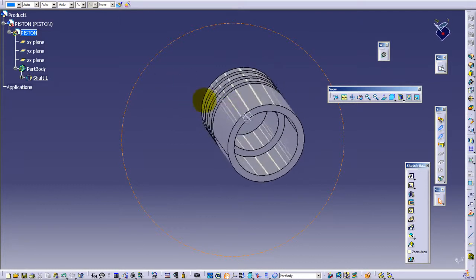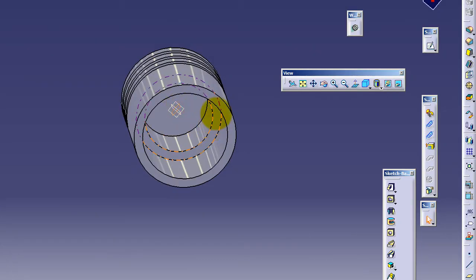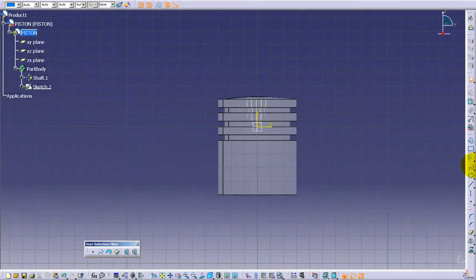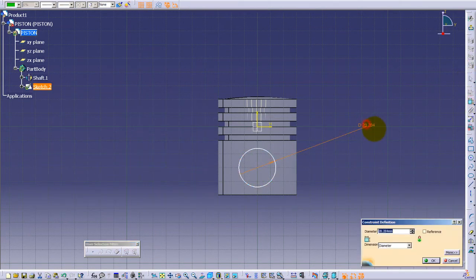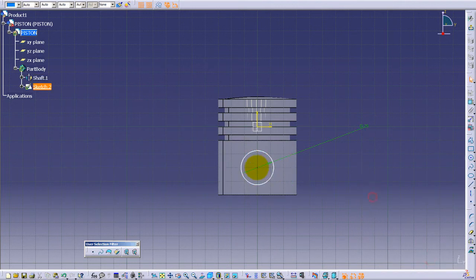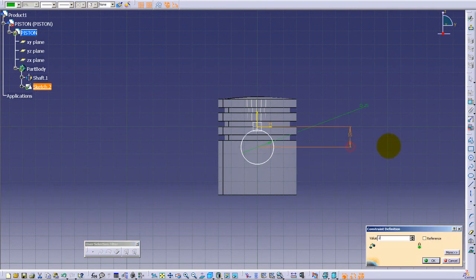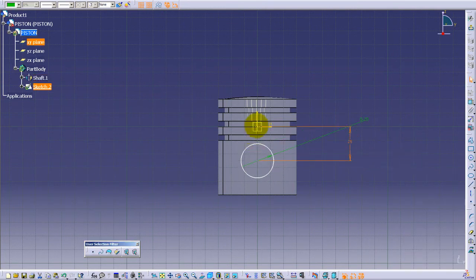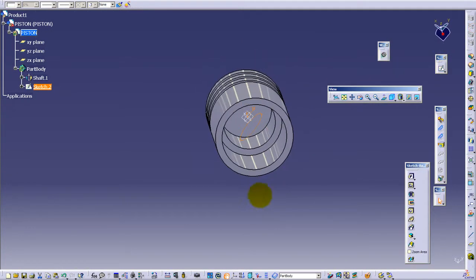So let's create now the holes for the piston pin. Place this, this would be of around 25, and this at a distance of 25 from this one. So I'll exit the sketcher mode and